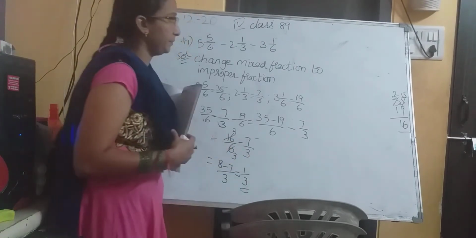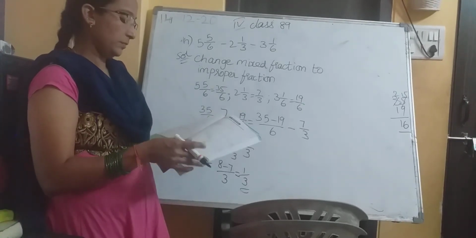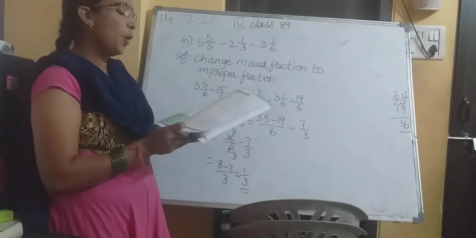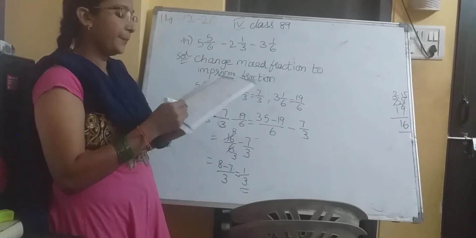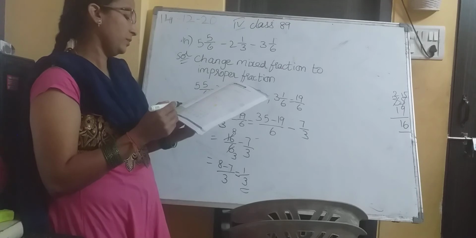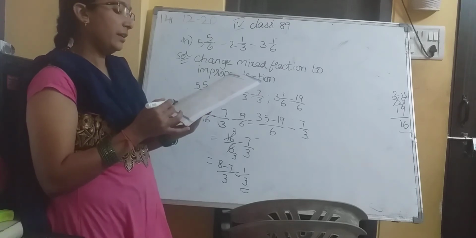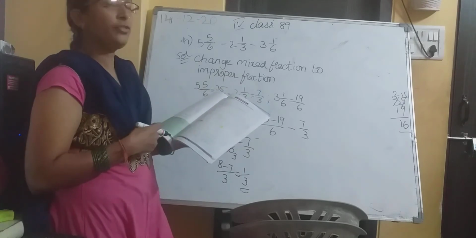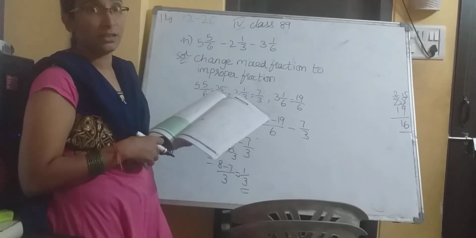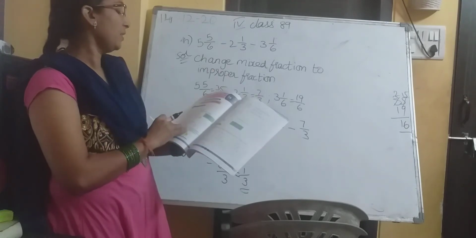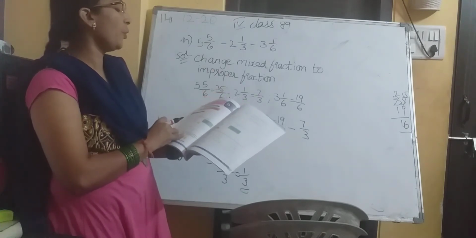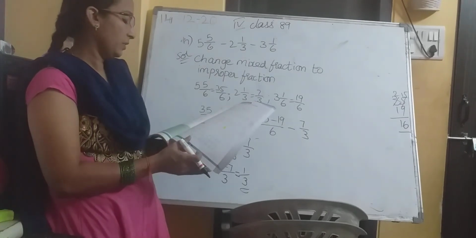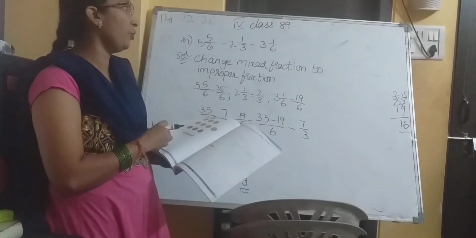Come on, write. Okay, children. With this, we have completed. You do 2 more sums for homework. C and E you do for homework. Which 2 sums? C and E. With this, we will complete our chapter. In the next class, I am going to explain multiplication and division of fractions. Okay? Do the homework which I have given you, children.